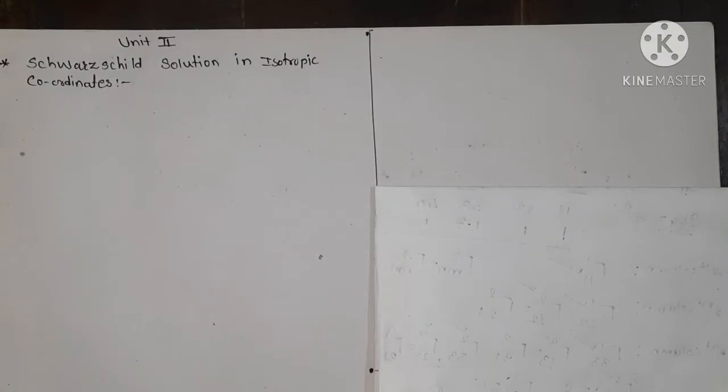Hello student, in the previous lecture we saw the Schwarzschild exterior solution and derived its equation, which is nothing but our line element, which we called the gravitational field, with a radius r equals 2m. And we also saw the singularity of the Schwarzschild exterior solution.